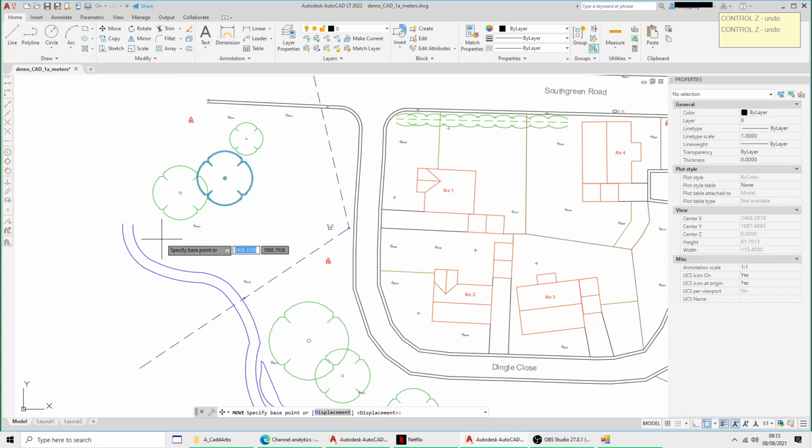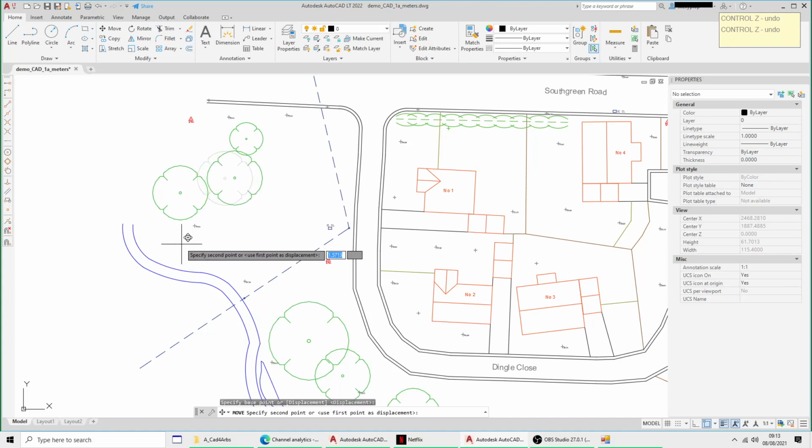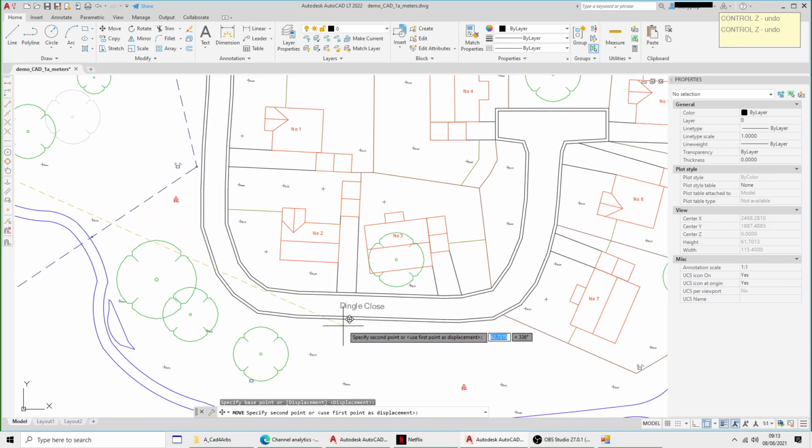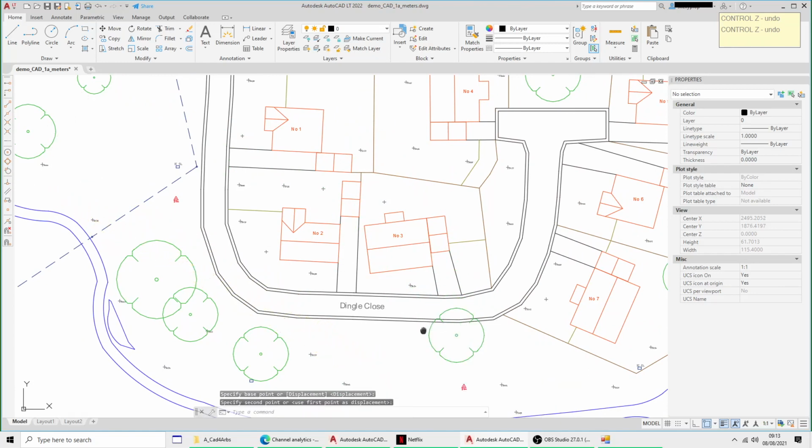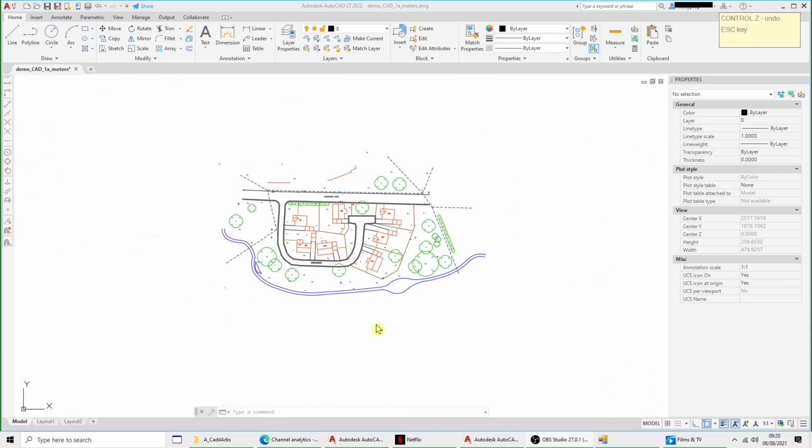So wherever I click this mouse, AutoCAD will calculate the offset from my mouse position to the object entity and then move it using that offset, sort of a relative distance. So wherever I click the mouse, the entity is moved by the same offset. And using the base point allows us to reposition things